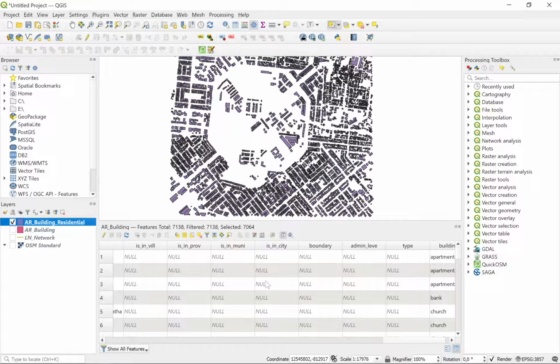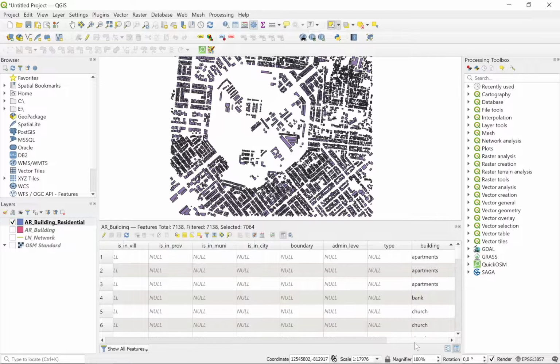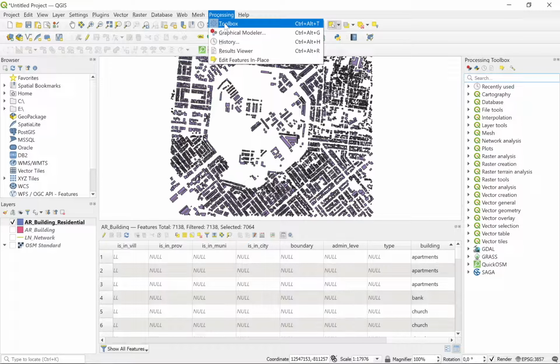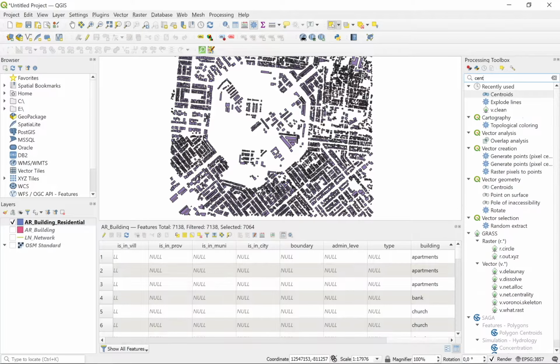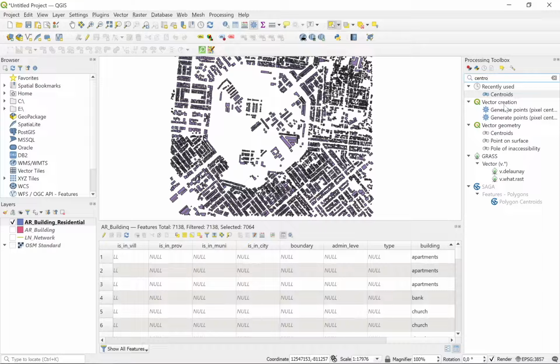Then we must prepare some points, because if we run using UrbanSCAD, we must use point and polyline data only. So we can convert this one into point. We can search in the processing toolbox. The QGIS installation didn't show the processing toolbox by default. We can go to processing and check the toolbox. In the results of these tools we can find Centroid. Centroid is in vector geometry tools. We can double click.